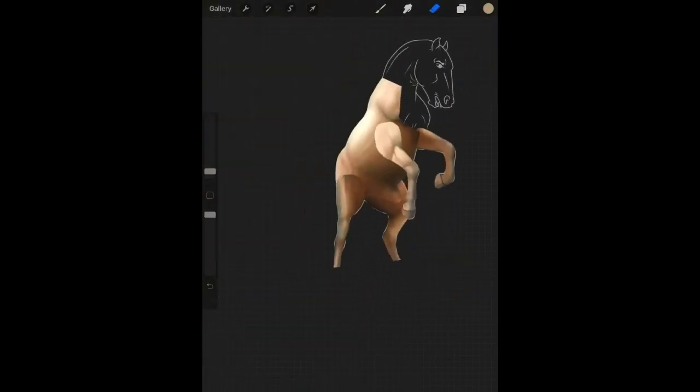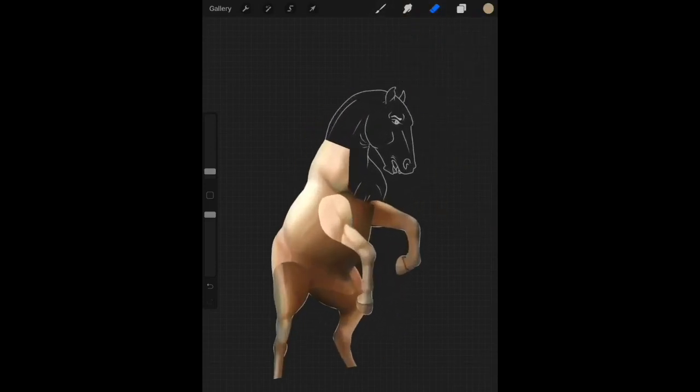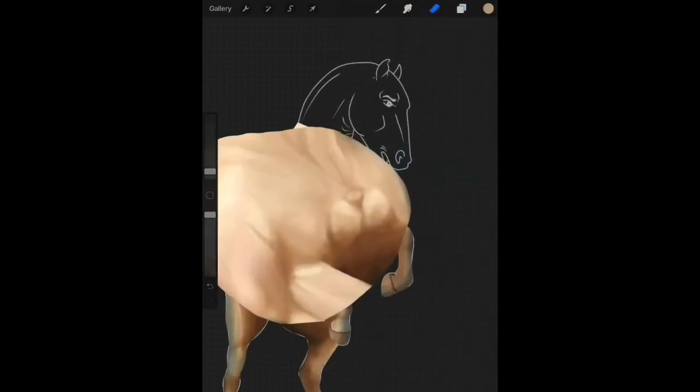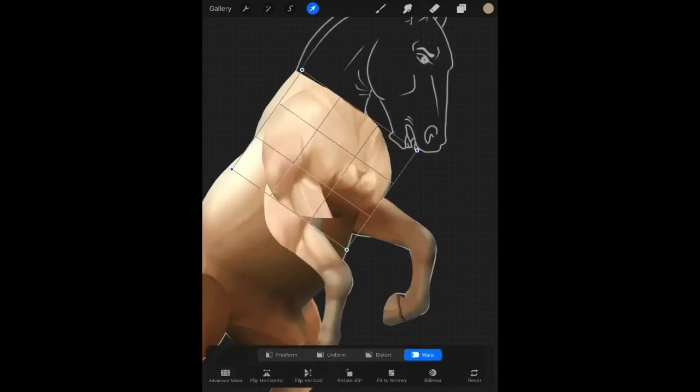Okay, so let's see what we've got here. I'm gonna put this piece in up here. Let's just put this in first and see what it looks like before we go in and start blending things and moving things around. That matches up okay, but unfortunately...